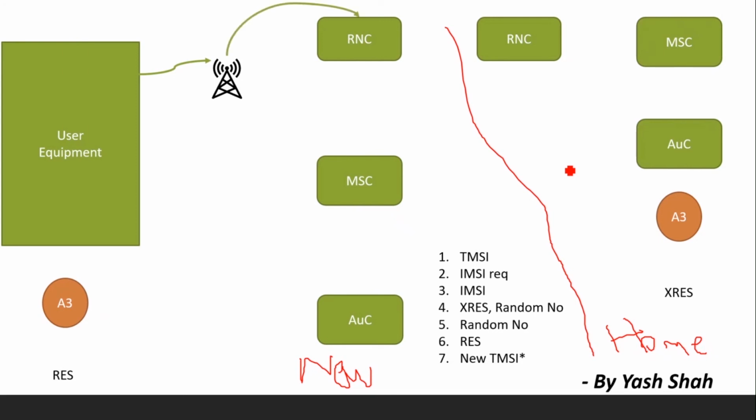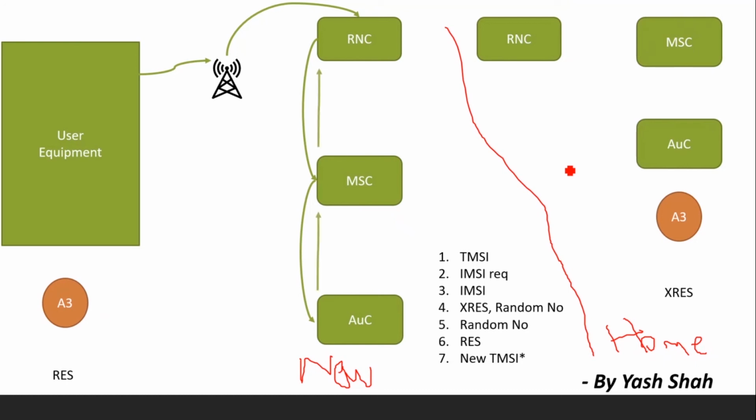So via the node it reaches the RNC of the new network. The RNC forwards it to the MSC. The MSC tries to authenticate it by its AUC. AUC is nothing but authentication center. But now the AUC will see that there is no such TMSI, that is temporary mobile subscriber identity, registered in its database servers, that is the HLR.